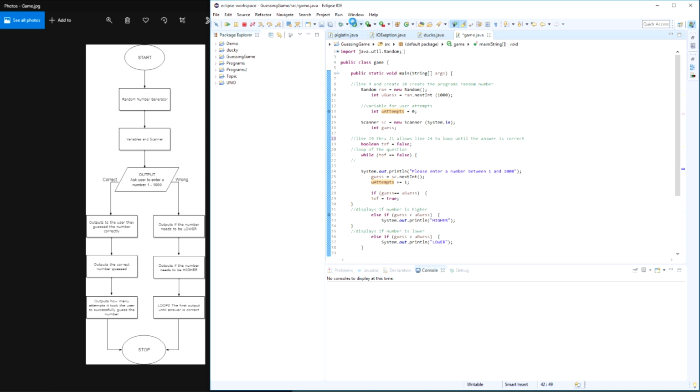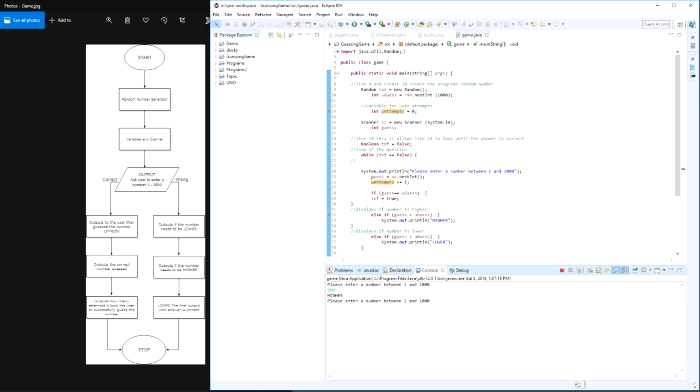So if we go ahead and run our program, what's going to happen is the console is going to ask us to please enter a number between 1 and 1000. So I'm going to go ahead and split it at 500. It says higher, so what we're going to do is 700, higher, 900, lower, so 850,